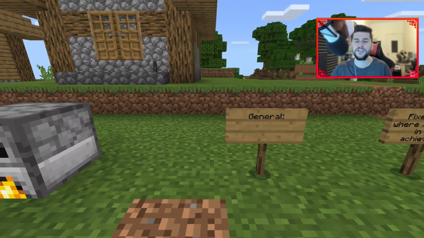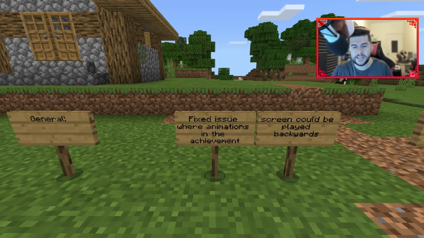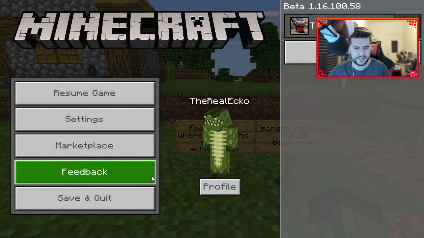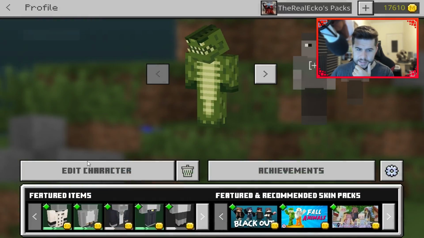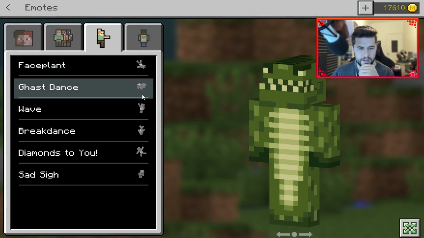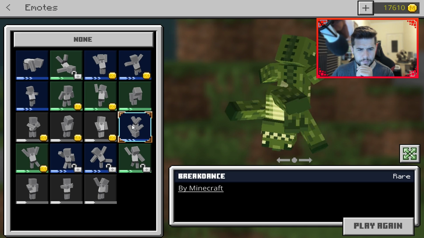Getting into the next changes, just general changes. Fixed an issue where animations in the achievement screen could be played backwards. Now, I think this is referring to emotes. It's got to be referring to emotes. There is no other... That was weird. Let's go to this. So if you try to...